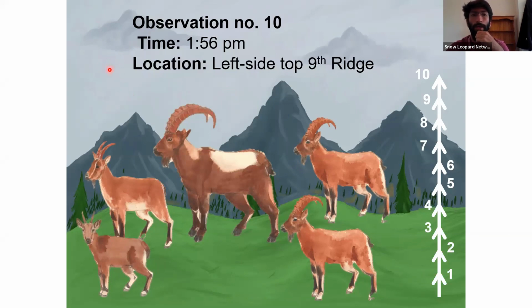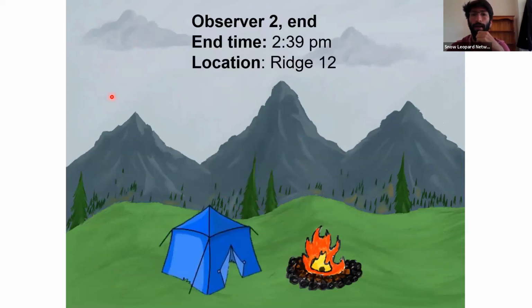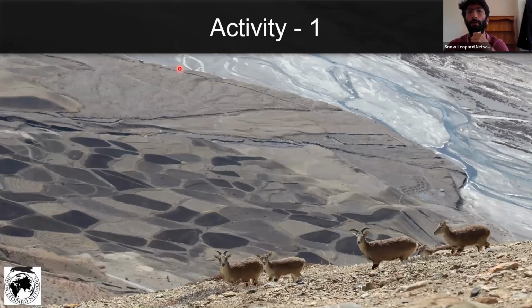That's the time and the location. And we'll move swiftly forward. And that's the end for observer 2 as well. Her end time is up here. And the location, as you might recall, is very similar to observer 1. So great. Now, what we will do is